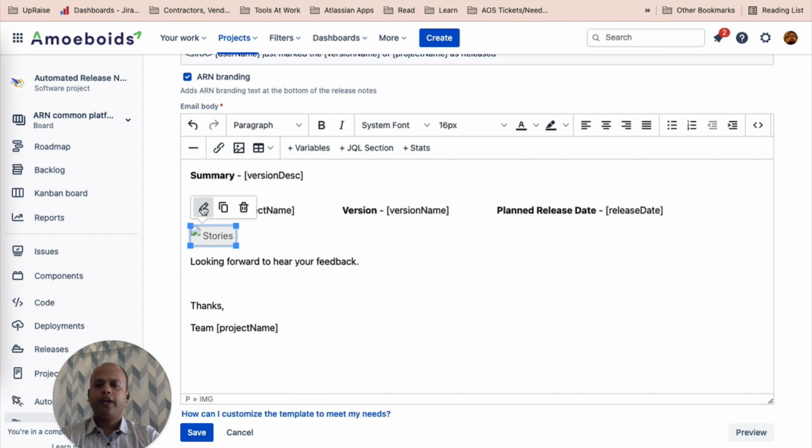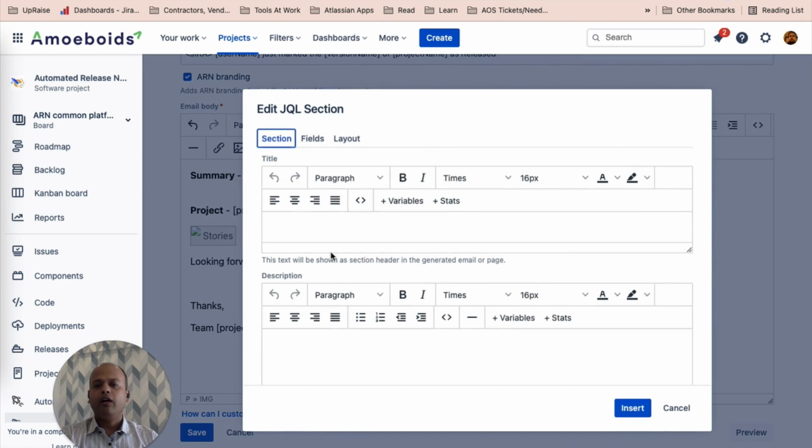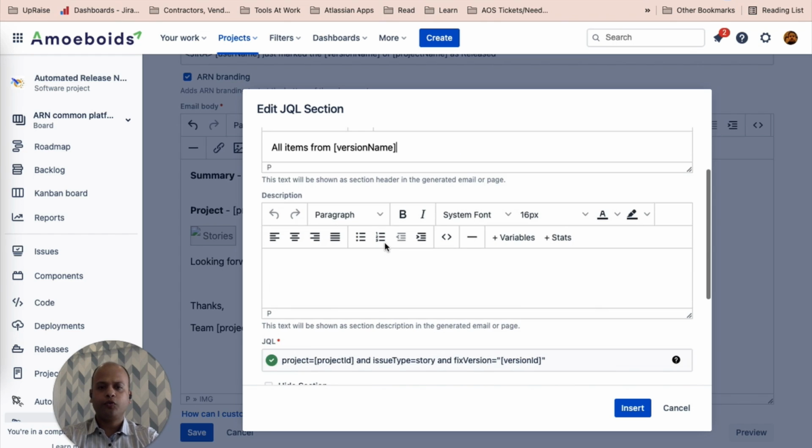Now let's go in and edit it. I want to rename it and I also want to make a couple of changes to the JQL that's used. So let's call this all items from version name. Let's not use one at the moment.